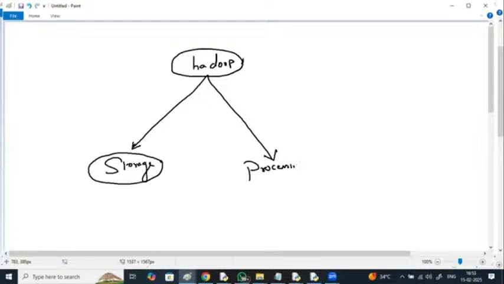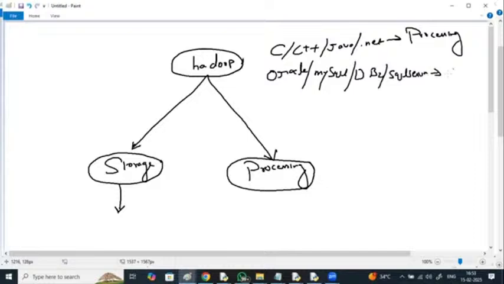C, C++, Java, .NET, all these are meant for processing. Oracle, MySQL, DB2, SQL Server, all these are meant for storage. Either they are meant for storing or for processing. But Hadoop performs both storage and processing.